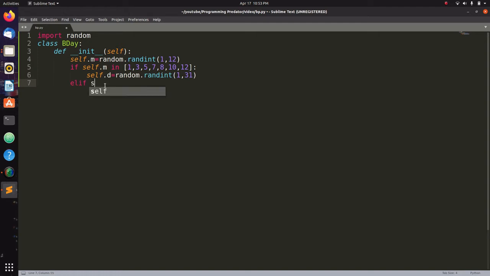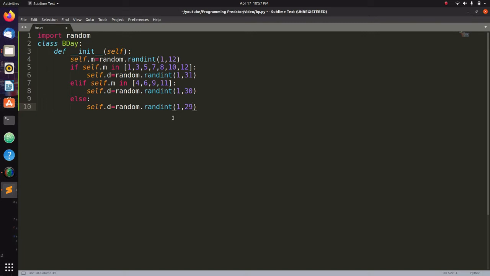Or elif self.m in 4, 6, 9 or 11, in that case it would be a random number between 1 and 30. And else, between 1 and 29. We'll include the leap year also, as we are not taking the year into consideration. So this should do for initializing the object.